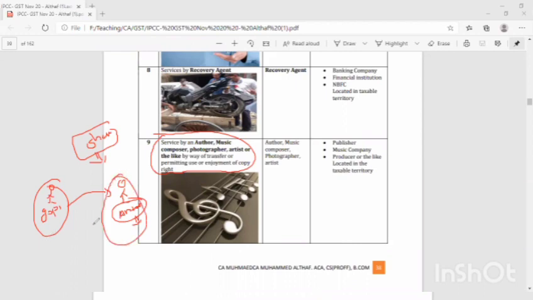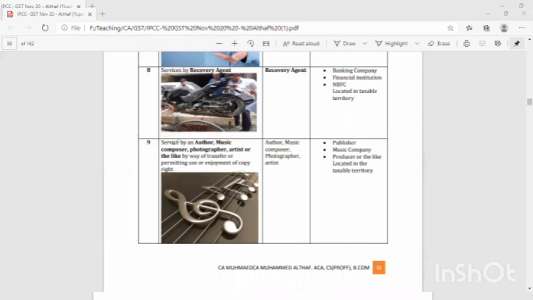Gobi Sundar cannot say that I will only pay. Okay, that is not possible. So here entry number 9 covers the author also. For example, imagine I've written a book, and my book got a lot of publicity. Suppose Taxman Publications comes and says that we will publish your books. Here the author is Altaf. Entry number 9 says that I will sell the copyright to